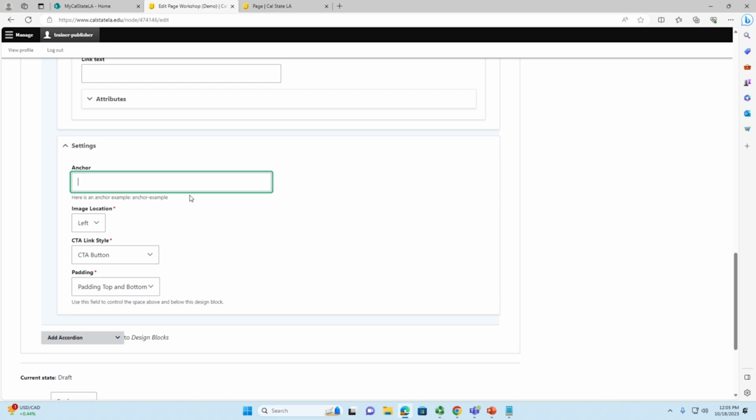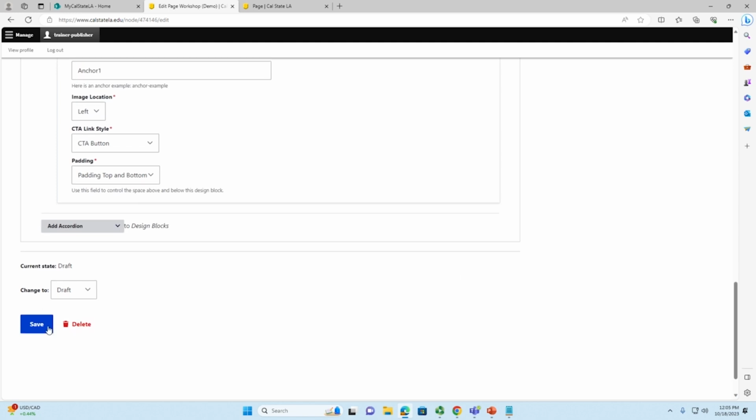So an anchor basically is, let's say you want to link a section of a page to a text. Let's say if you click on the link and it will scroll all the way down to this section, you can do so by using the anchor option over here. So let's give it a name first. I'm going to call it anchor 1, and then I'm going to click on save,